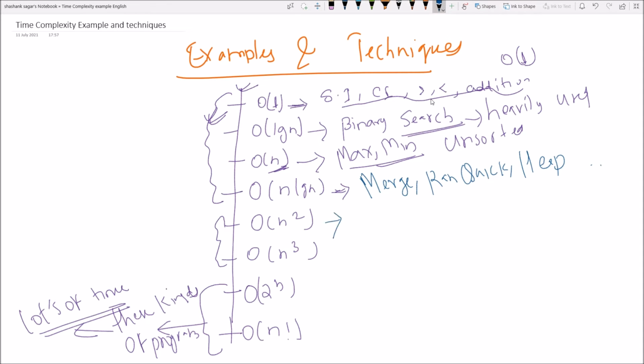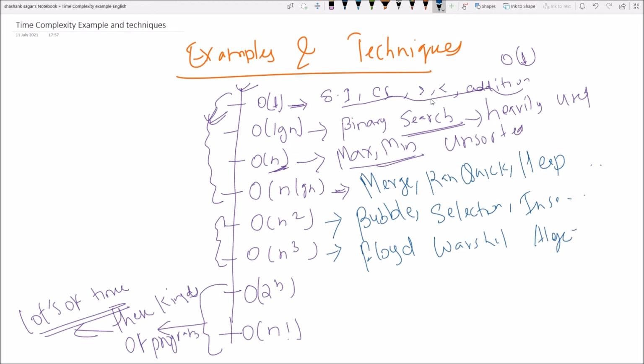O of n square: bubble sort, selection sort, insertion sort. All of these come under O of n square. O of n cube: Floyd Warshall algorithm. This is O of n cube, and here n is the number of vertices.